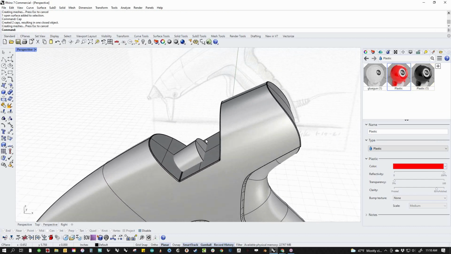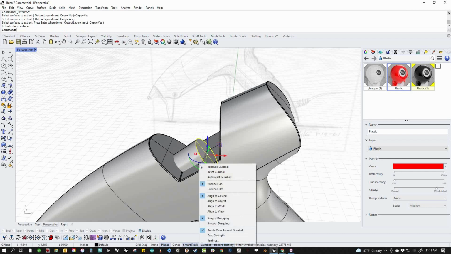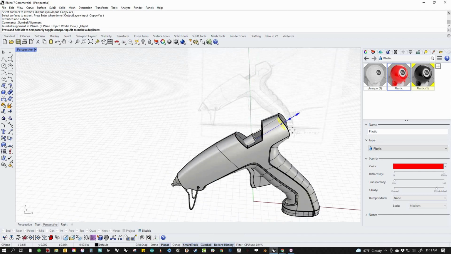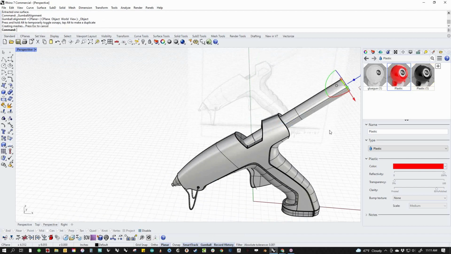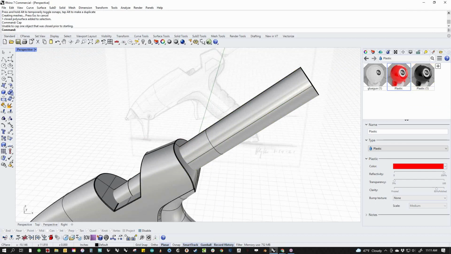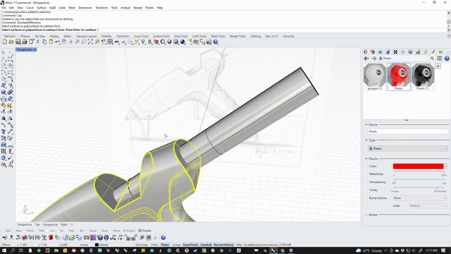And then to get my hole, I think what I'm going to do is copy this, and let's extract, copy, yes, and then let's set the gumball to be aligned to the object, and then we can extrude straight out in space like that, and then we can cap this, and then we can Boolean subtract,